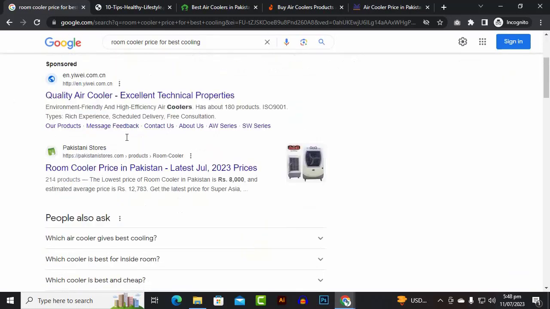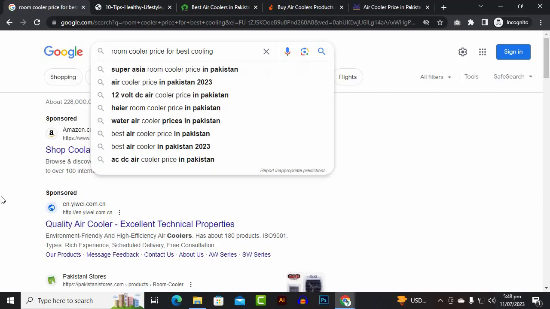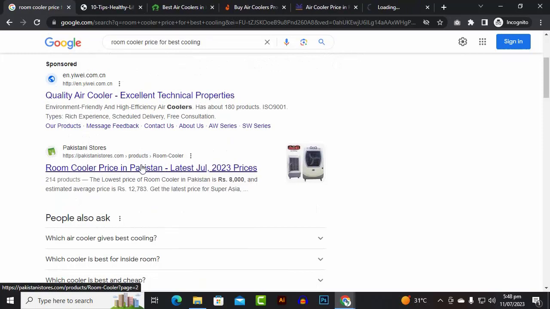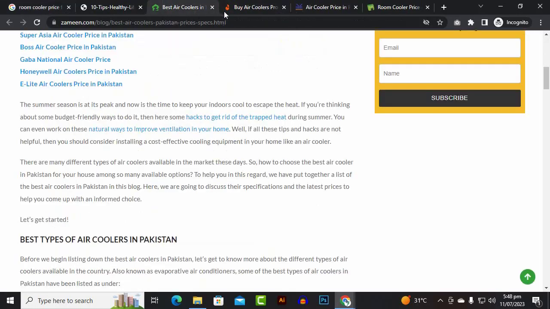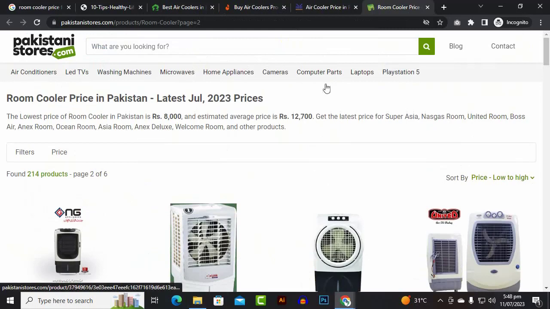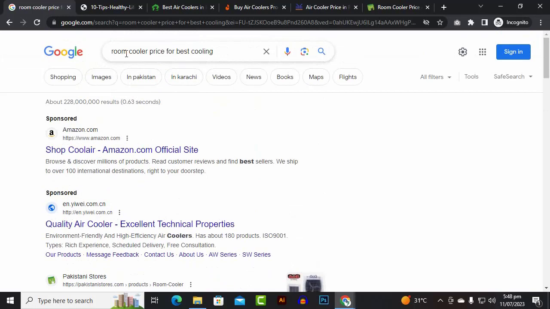Actually these are sponsored, and because we don't have the buy word, the search engines assume that we want to know about the prices for different room coolers. So you can see that we have the Pakistani store price in Pakistan. This website is on the top, and you can see that this is actually the purchase website, but you can see the fluctuations and the